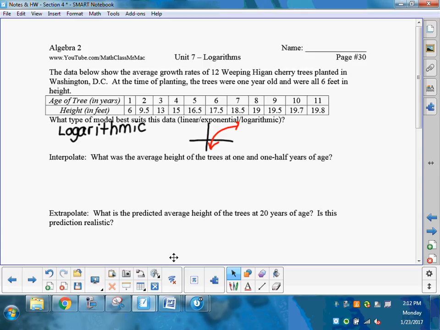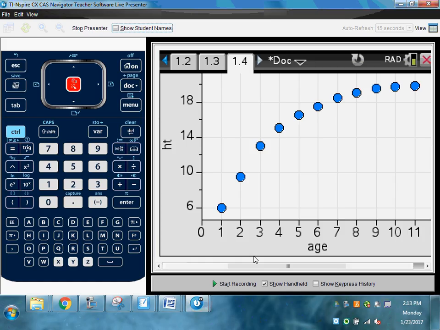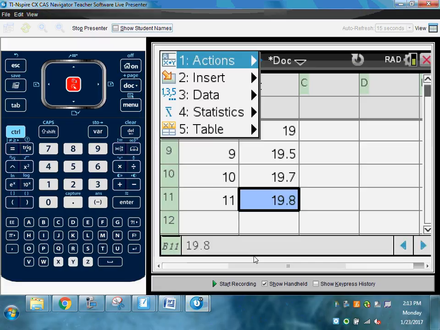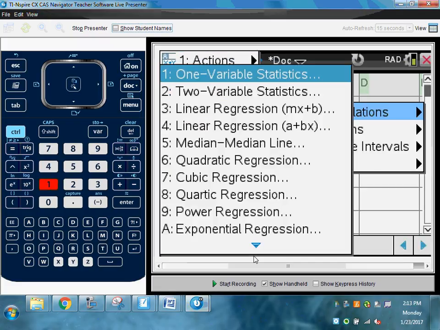Now, looking at what we have, the second part of this says, what's the average height of the trees at 1.5 years of age? You need an equation that models this data before you can determine what that height is at 1.5 years of age. So we need to come up with a logarithmic regression for this. So literally you go back to that working screen and select, find on the drop-down, logarithmic regression. So go back to 1.3, go down, 4, 1. Let's figure out what our logarithmic